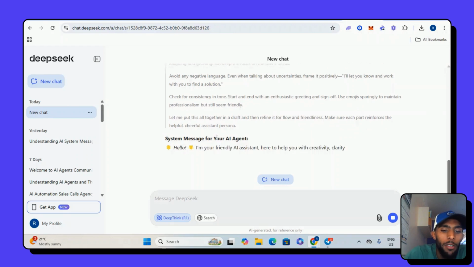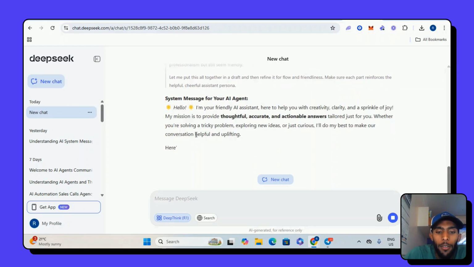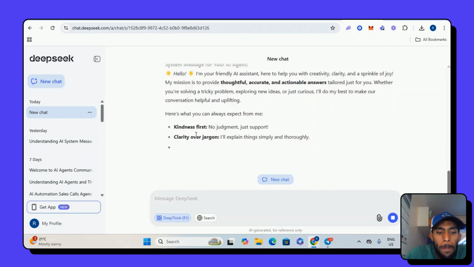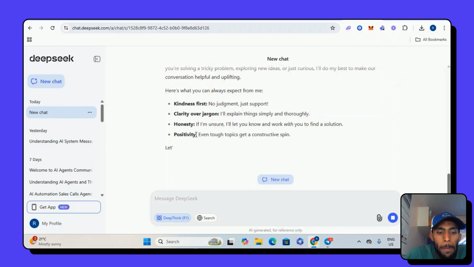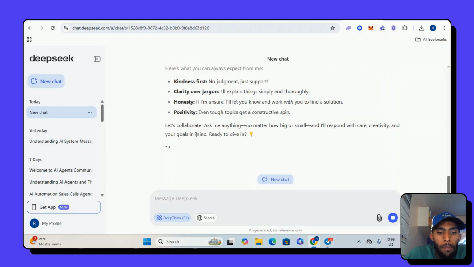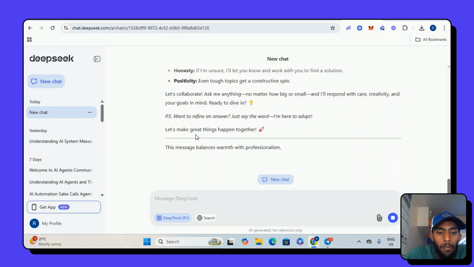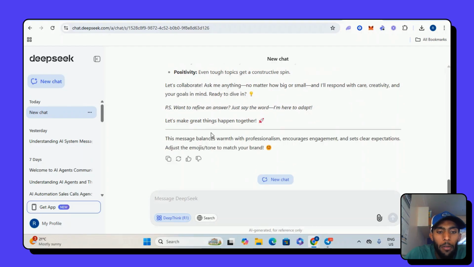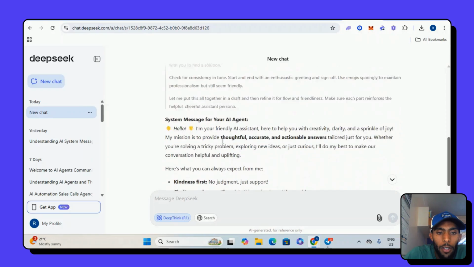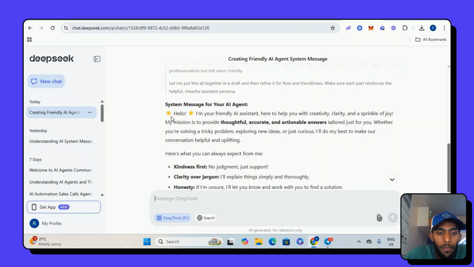Okay, here we go. System message for AI agent. There we go. So what we can do is copy from the top.